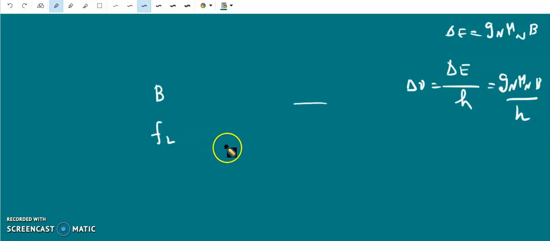Now we apply an electromagnetic radiation and we vary the frequency of the radiation. Here we apply the same magnetic field to a set of identical nuclei, so all will have the same Larmor frequency, and when the frequency of the given electromagnetic radiation is the same as the Larmor frequency,